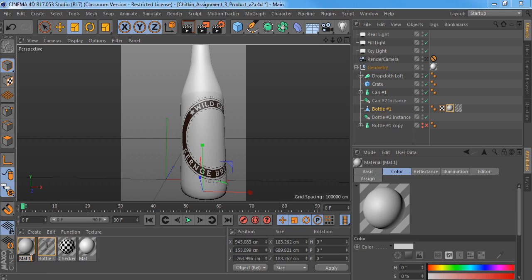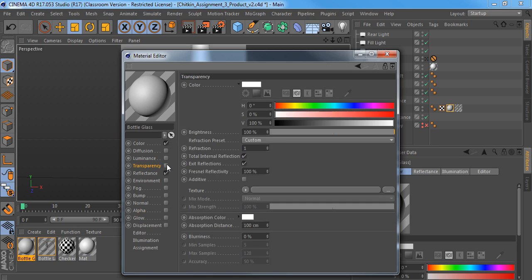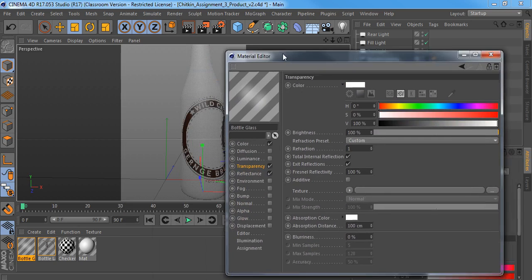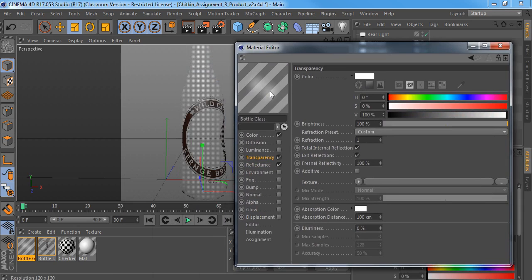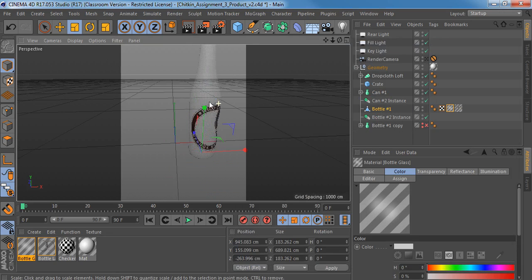So I'm just going to call this bottle glass, and this is just a blank white material for the time being, but what I can do to make it glass is I can enable the transparency checkmark channel, and so you'll see that the little shader preview thing kind of turned into sort of a ghost looking thing. It's pretty hard to see, but in our viewport this looks kind of see-through, kind of glass-ish,